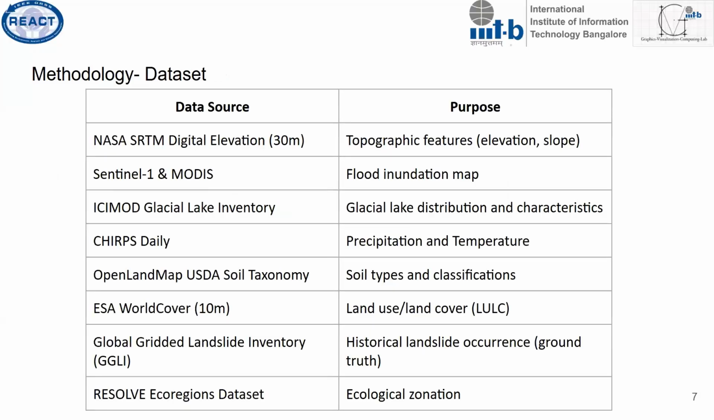So the major data sets which we have used across for this study are the digital elevation model, Sentinel-1 and MODIS data set for the flood inundation map, glacial lake inventory, and the CHIRPS daily data set for precipitation, temperature and glacial lake distribution. And for soil type and land use land cover, OpenLandMap and WorldCover 10-meter resolution dataset, global gridded landslide inventory dataset, and RESOLVE ecoregion dataset. All of these datasets we have brought to the resolution of 100 meters for the susceptibility map generation for the entire